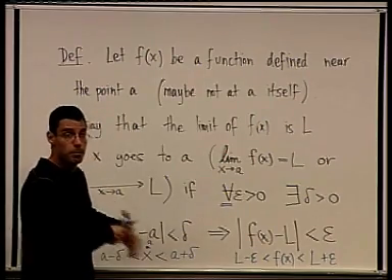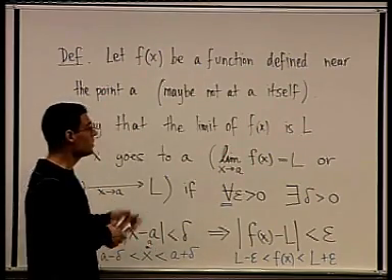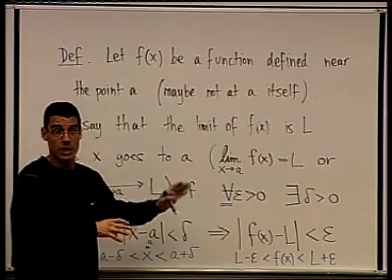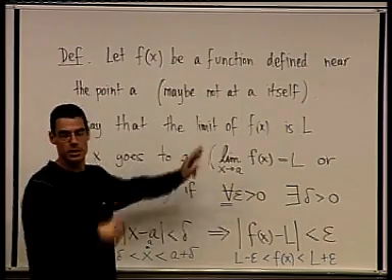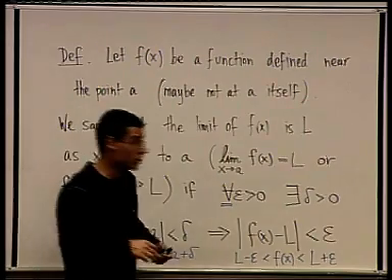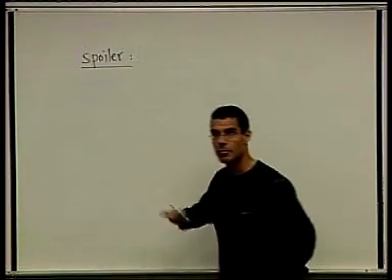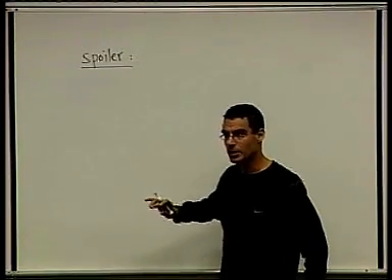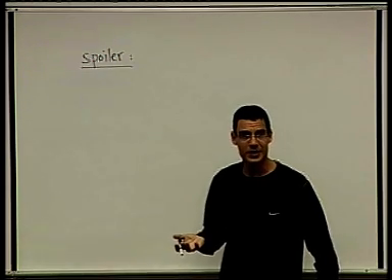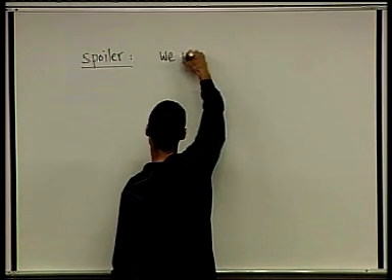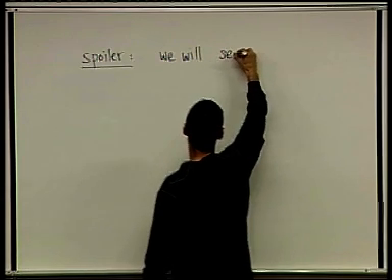And eventually we're going to build up to the ultimate statement. Maybe I'll just put a huge spoiler on the next board and tell you what the ultimate theorem for limits is going to be in this context. And it's something you know. You know what I'm going to write now. Spoiler, beware. I'm ruining all the excitement now. But you know this. You know how to calculate limits, right? You've calculated limits before. But the statement is, we will see that